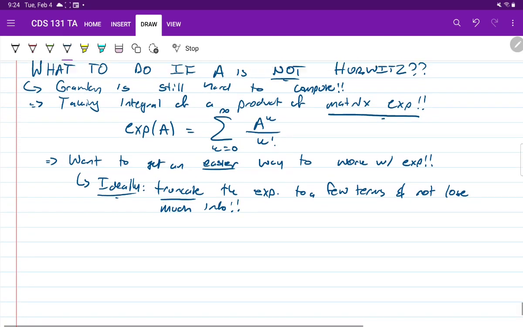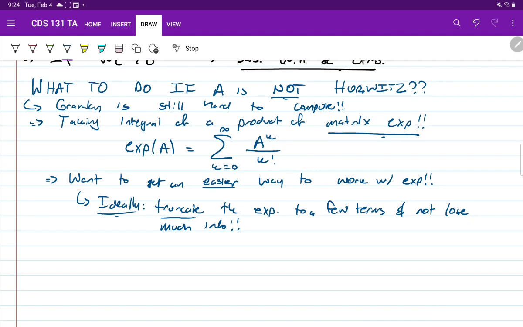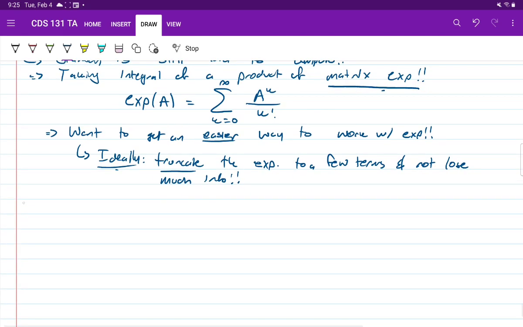Okay? So if instead of having to deal with this full infinite series, we could instead just look at a couple of terms of the matrix exponential and learn what we needed to learn for the sake of controllability. All right? This would make our lives so much easier. So it turns out there's actually a really nice theorem that lets us do this. Okay? And this is called the Cayley-Hamilton theorem. So let's go ahead and state and write a quick sketch of a proof for this theorem. Theorem, Cayley-Hamilton.